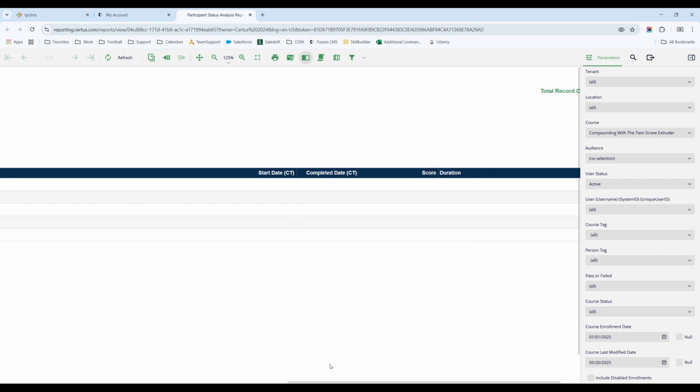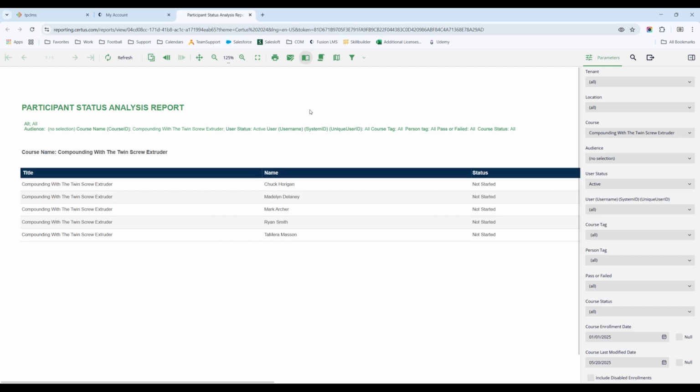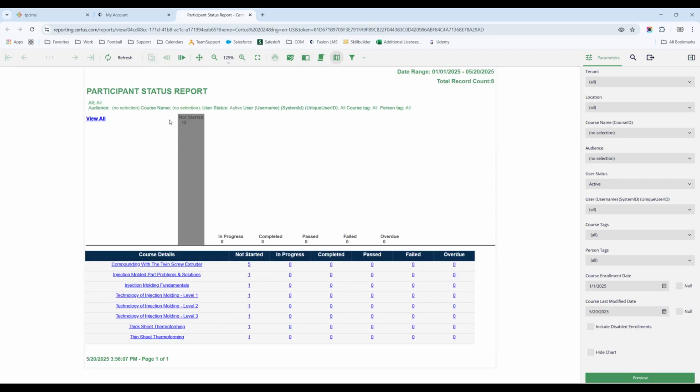Now we're all not started, but if we had started it or finished it, then we would see start dates, we'd see completion dates, test scores, and the duration, how much time was spent on this course. Right. So that can be really useful. If I go back,